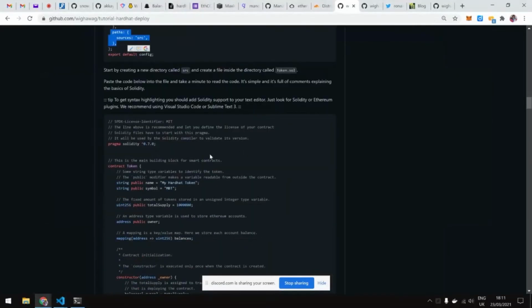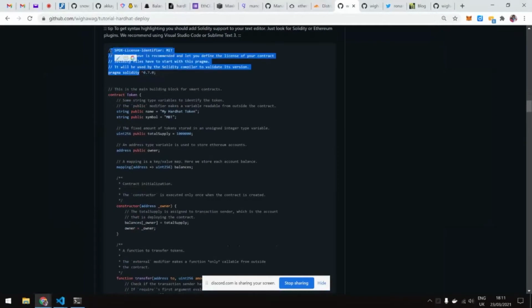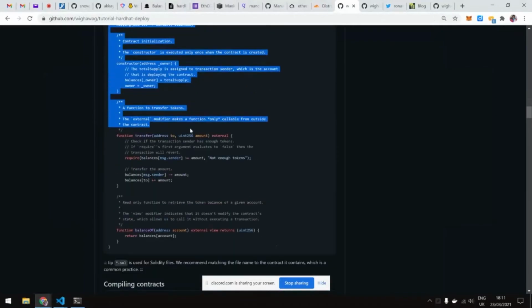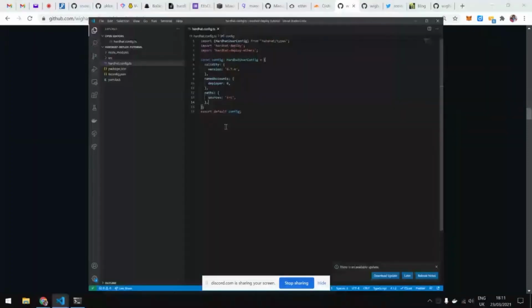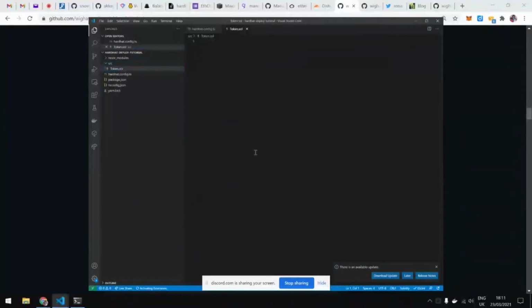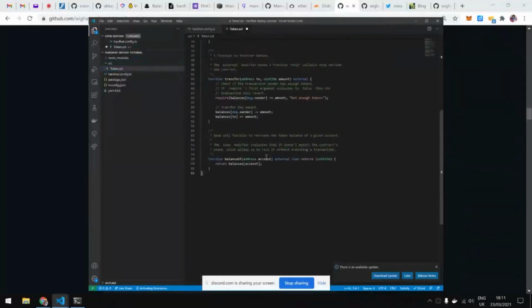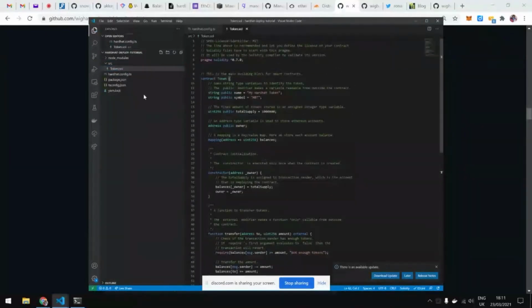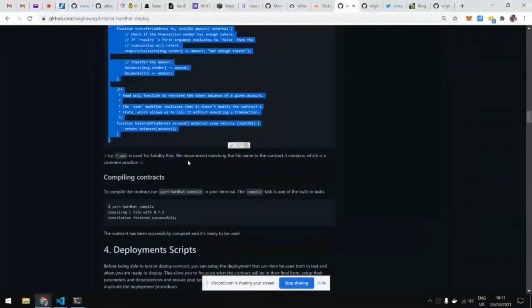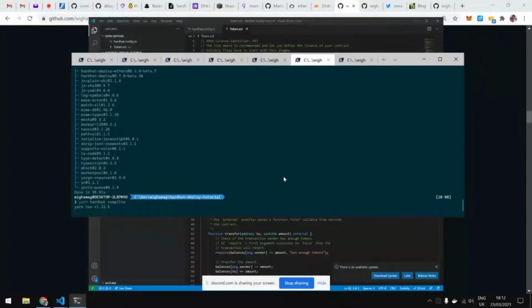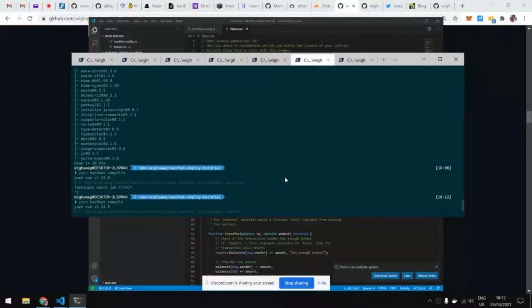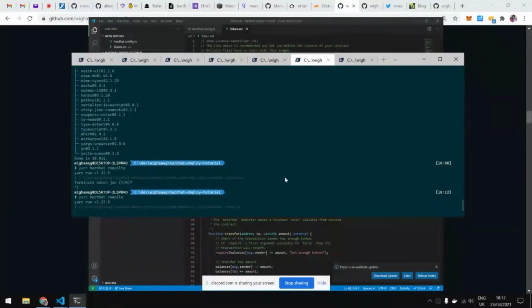to make Hardhat know that the source will be there. And we follow the tutorial again, and this is basically from the original Hardhat tutorial, the same token contract. It's a basic token that doesn't implement any standard, but just has the functionality of transferring tokens to someone else, etc. So we have that, and now we can just do yarn compile, and obviously you can add an npm script here.